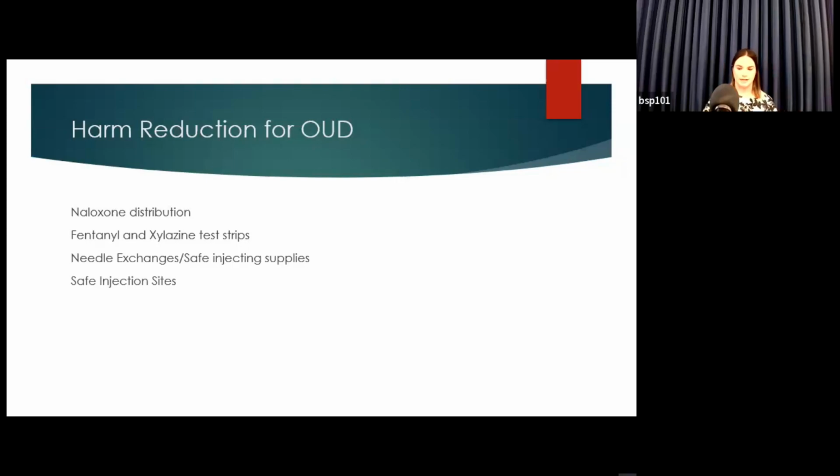One harm reduction strategy for opiates that is not available in Maryland, but is in some states across the country, is safe injection sites. These are a hot topic because people ask, well, isn't that enabling people if you give them a place to use their substance? But the reality is that safe injection sites are not just giving somebody a place and a needle. They also have peer recovery specialists and social workers on staff, people who are trying to capture those people if they decide that today's the day they're going to change their behaviors, or today's the day they want help. So it also acts as an open door to going into treatment.